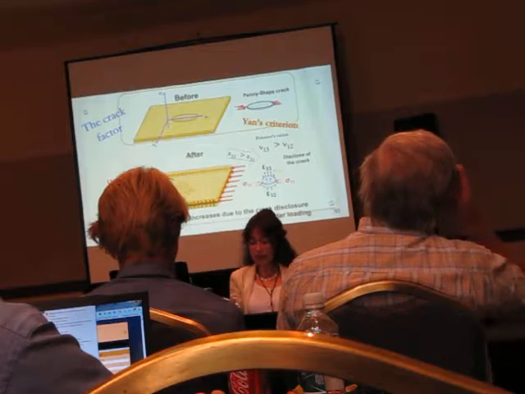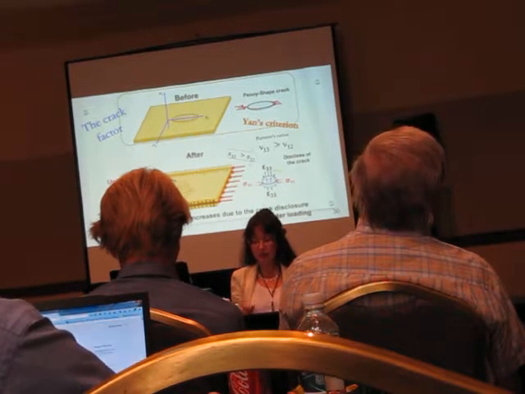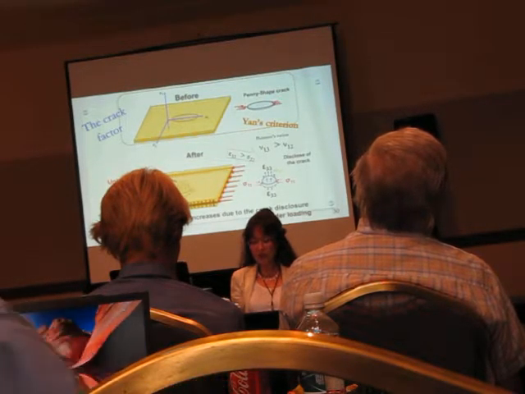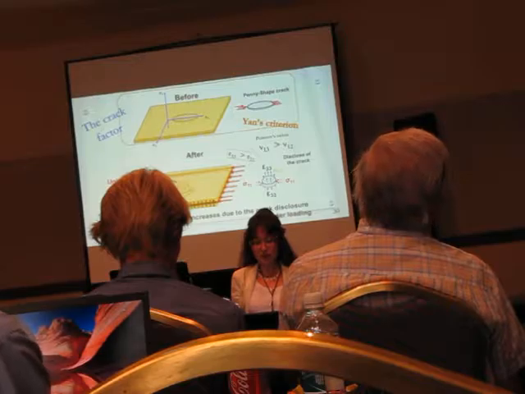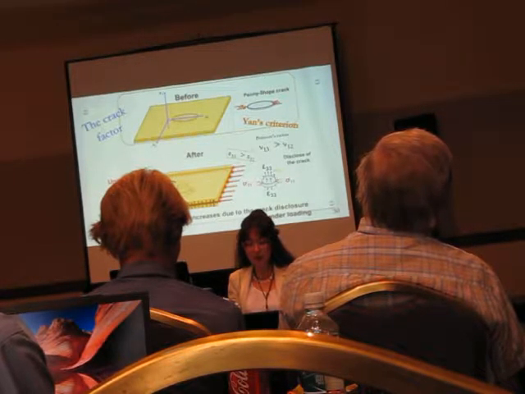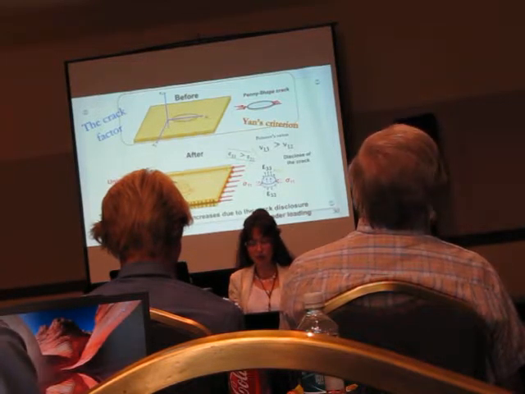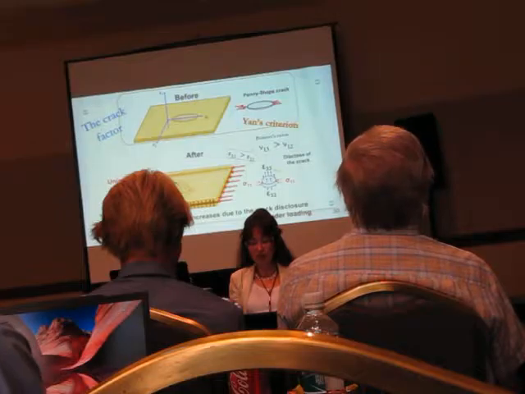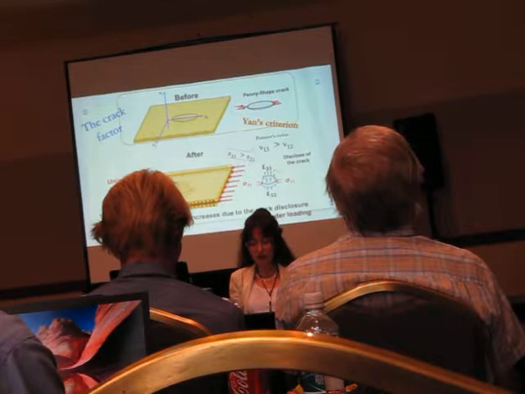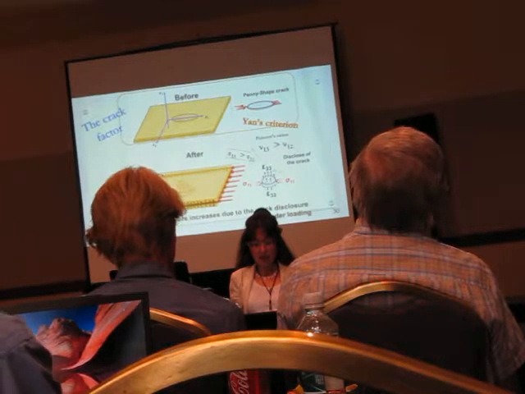I painted another picture for the explanation of the same criterion of Young, so maybe you would like it more. As you can see, this is a penny-shaped crack embedded into the host rock. The upper picture shows the crack before the loading, and the lower picture is for the same crack after the uniaxial loading. The crack shrinks at the uniaxial loading direction, that is x1 direction, by the uniaxial stress sigma 1,1,